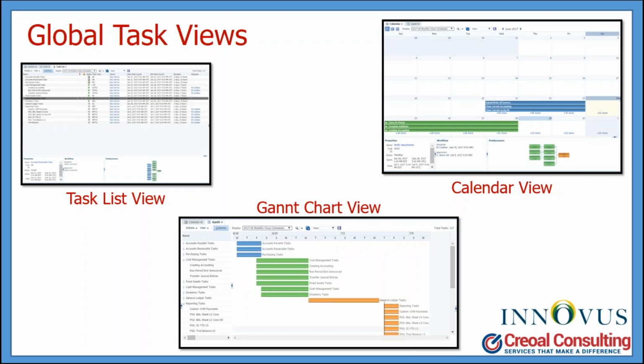And just so you're aware, I didn't really talk about this earlier. You can even look at this in Microsoft Outlook using your Smart View, Microsoft Office Smart View add-in. These tasks become available in task lists within Microsoft Outlook. So again, depending on what your preference is and how you want to access this information, FCCS provides that capability to deliver the information the way you want to see it.